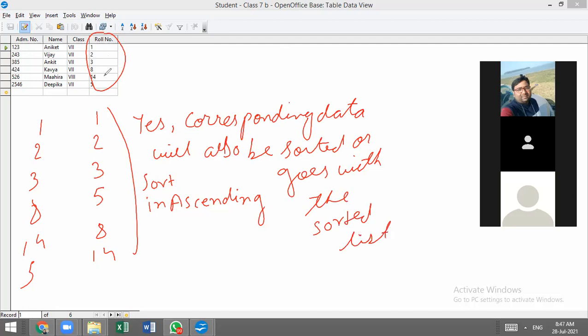Roll number 5 is related with Deepika, so it will shift to this place. The name and all these details will also shift to this position. It is not like only roll number is sorted and other data stay where they are. No. These three data are linked with roll number 5, so they will also be shifted.